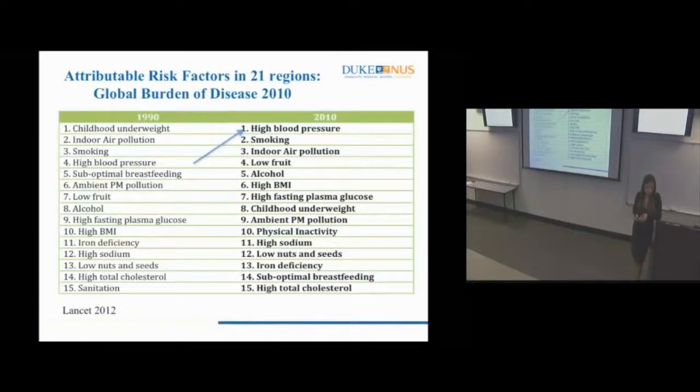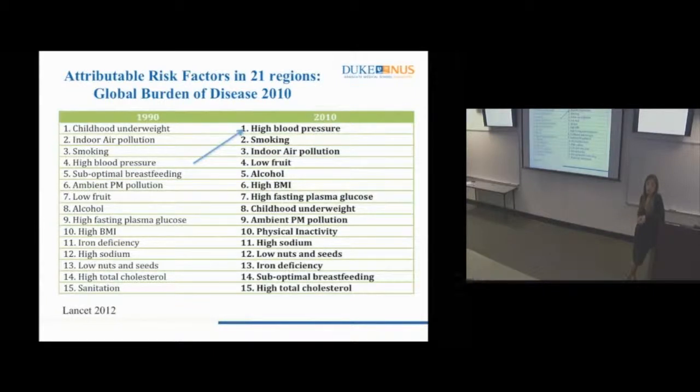Just to give you the background, the data from the Institute of Health Metrics and Evaluation from this exercise on the global burden of disease, and the successive global burden of disease data, will show us rankings of attributable risk factors for mortality. What are the causes of death and what are the risk factors for those causes of death? If we look at that for the year 2010, high blood pressure is a leading attributable risk factor now for mortality and for premature mortality globally.